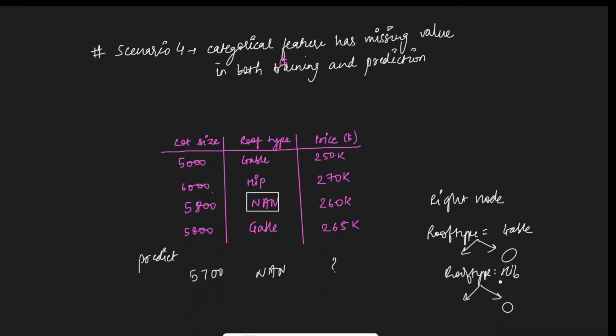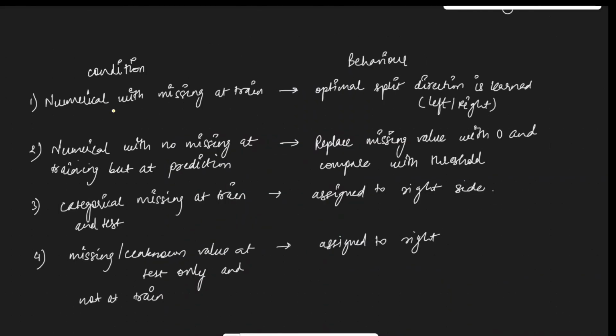So to summarize these scenarios, if numerical data is missing at the time of training, so we know at training there are missing values in that column and it is of type numerical, then LightGBM will send it to both left and right nodes and try to choose the node which has minimum loss, and that node would be remembered for any further missing values at the time of prediction.